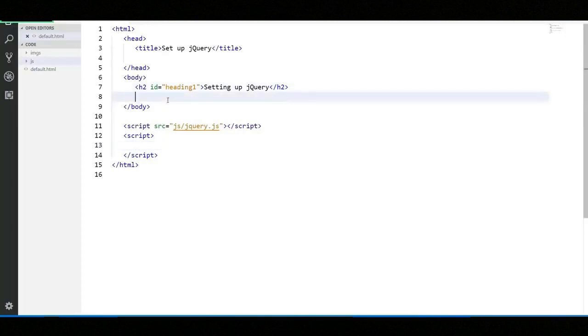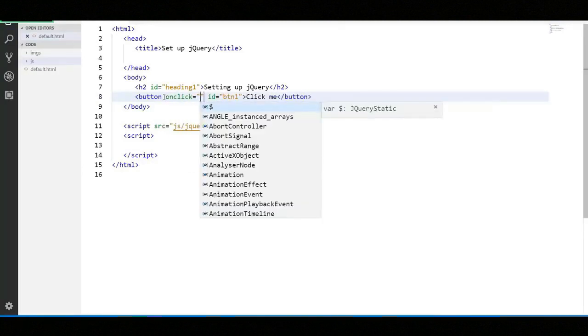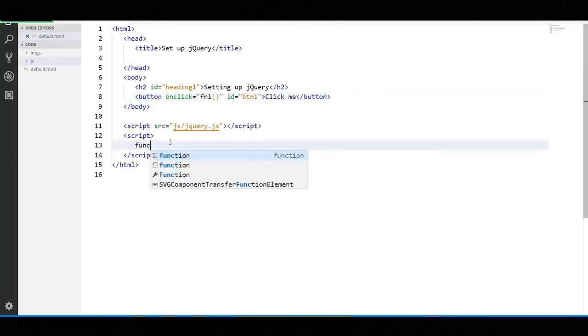I'm just going to include a button over here. I'm going to give it an ID of btn1. I'm going to say click me, and right now let's use the JavaScript way of calling events, that is the click event. So I'm going to say onclick. I'm going to call a function, let's say fn1. Okay, so you have to create that function, so let's do that in the script tag. So I'm going to say function fn1,